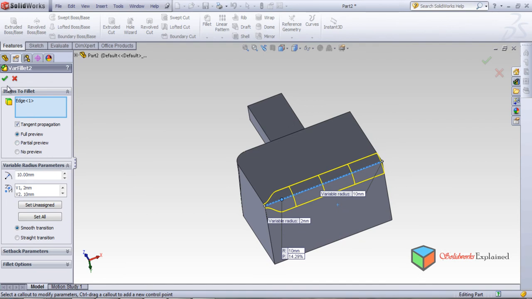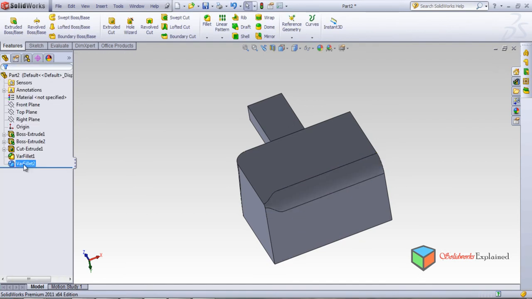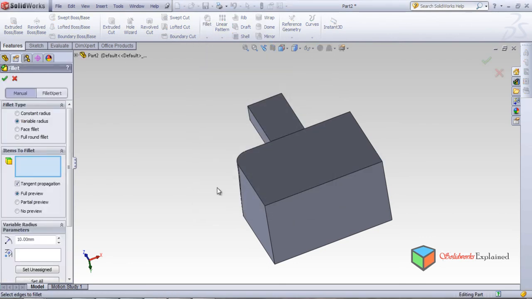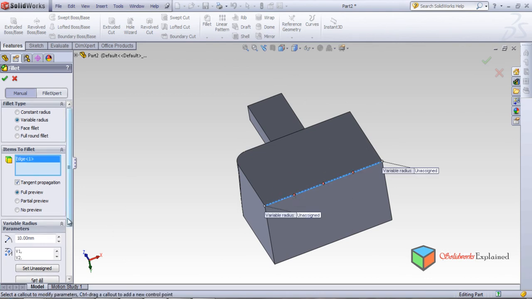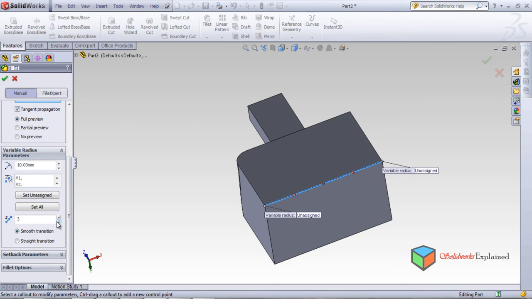Might be something is going wrong with this. We'll delete this thing, delete. Yes, again fillet, and its variable radius correct. Click here, very good. More number of points, so not 3 4 5 6 number of points, and let's say